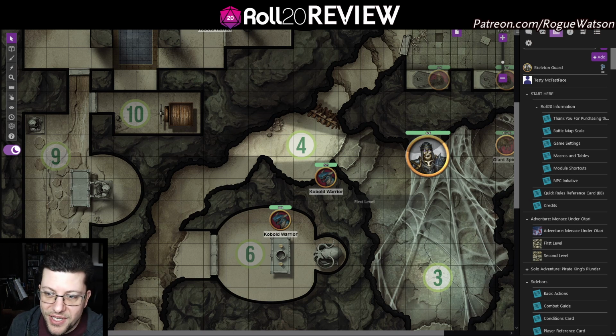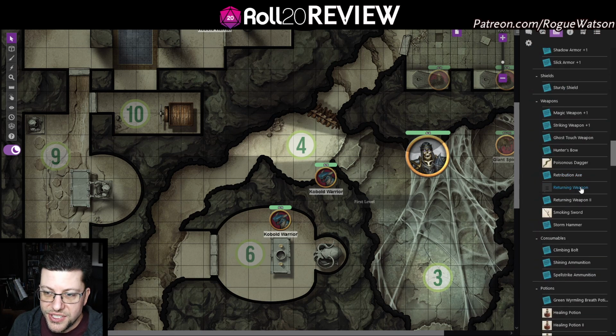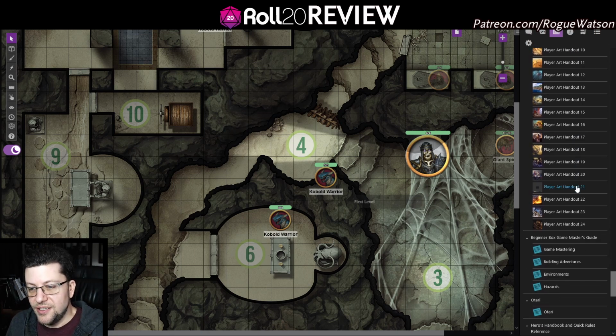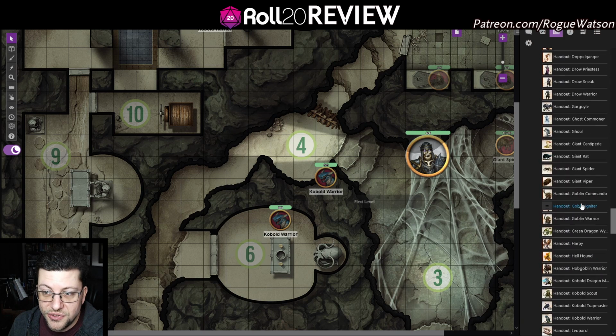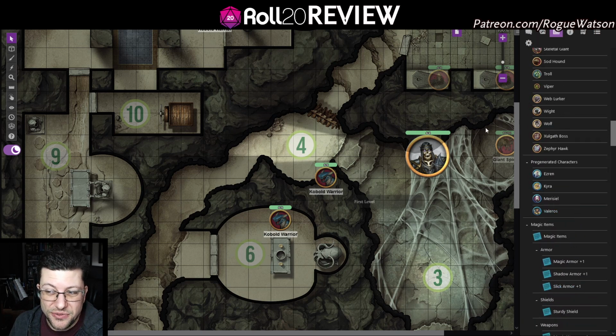And the other con, something I actually haven't mentioned yet in this review, is it only includes 4 pre-generated characters, which unfortunately means it also loses out to D&D's starter sets, which I believe, correct me if I'm wrong, all include 5 player characters, if not maybe 6. I'm pretty sure they include 5 of the player characters. Now, obviously if you have 4 players, this doesn't matter to you. I have run with 5 players for most of my D&Ding career, I guess, and it sucks